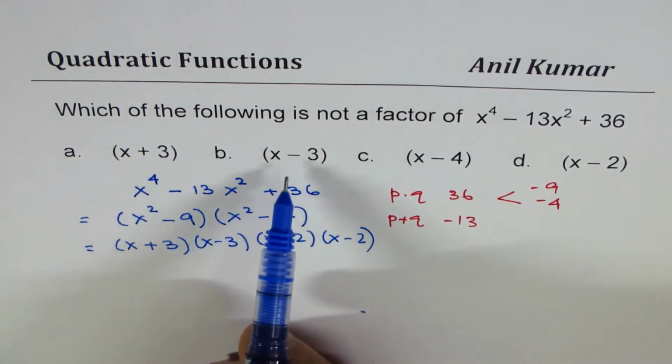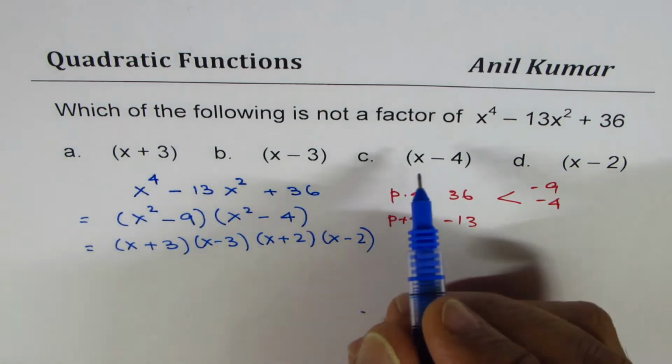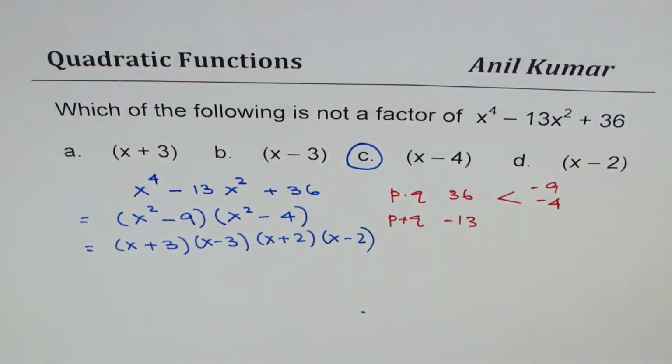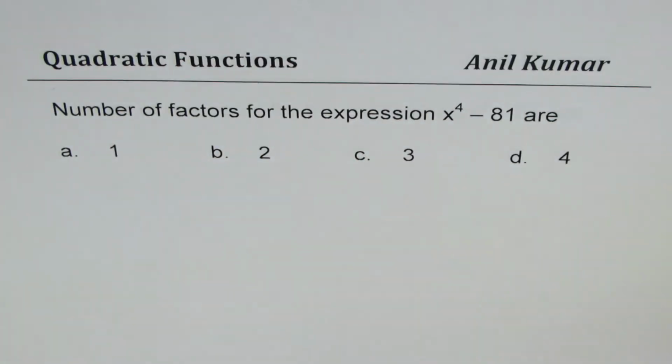So x plus 3, x minus 3 is a factor. However, x minus 4 is not a factor, right? So I hope that helps you to understand how to solve such questions, right? So let's move on to the next one, which is